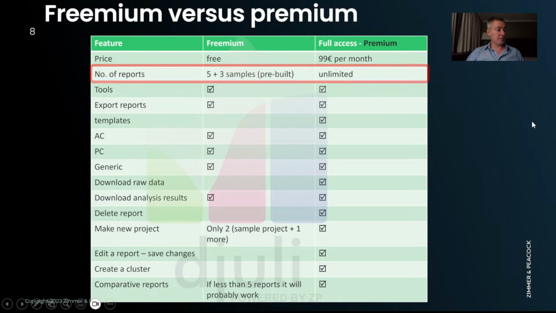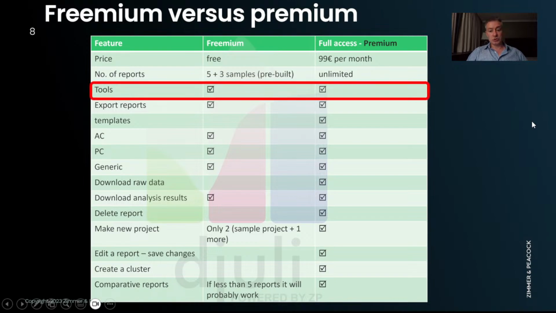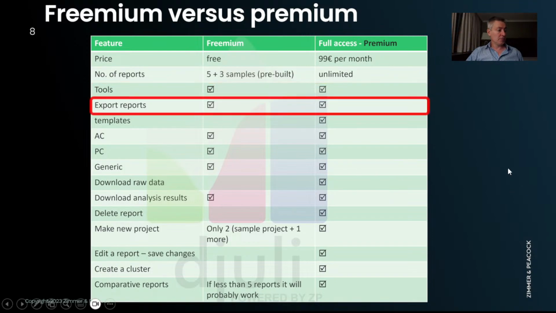With premium, it's unlimited. When I say tools, if you come to one of our demos, as I say, the next one's on the 24th of October, you'll see that there are things like calculating a calibration curve, feature or signal extraction from features, baseline offset. We do have lots of these tools.